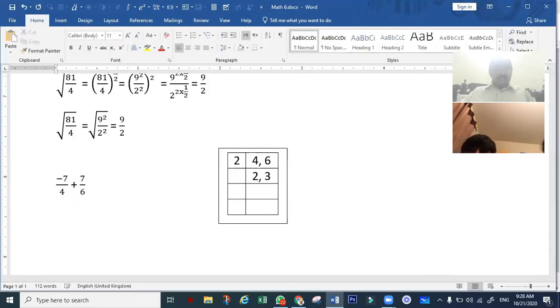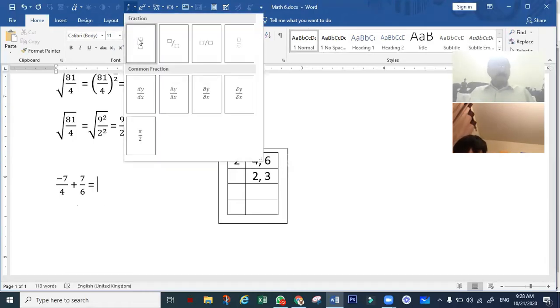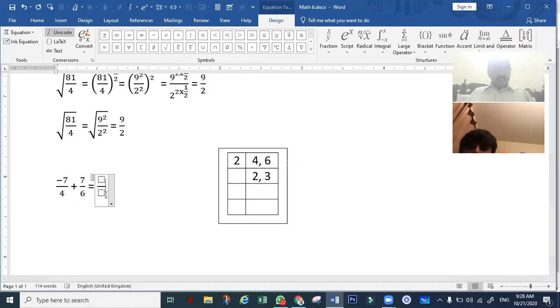What have you done next? Now look at this. 2 multiplied by 2 multiplied by 3 is 12. So we have to write 12 in the denominator, like this. It is called the LCM, the least positive number which is divisible by 4 and 6 both. 4 can divide 12 and 6 can divide 12 as well.